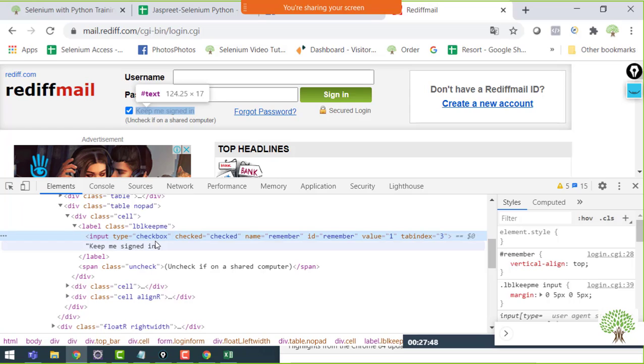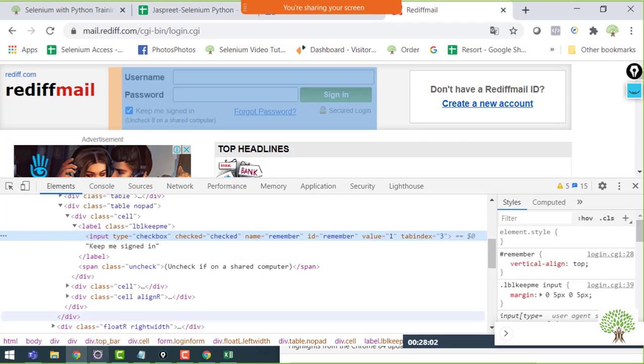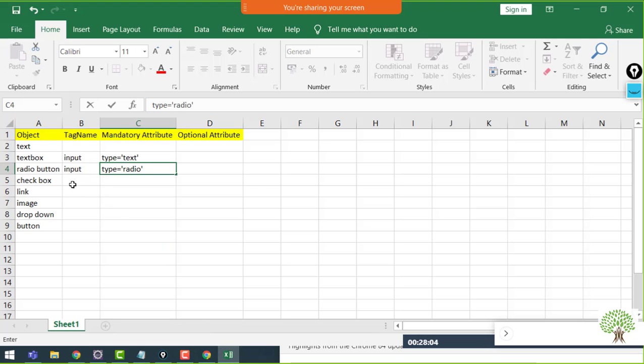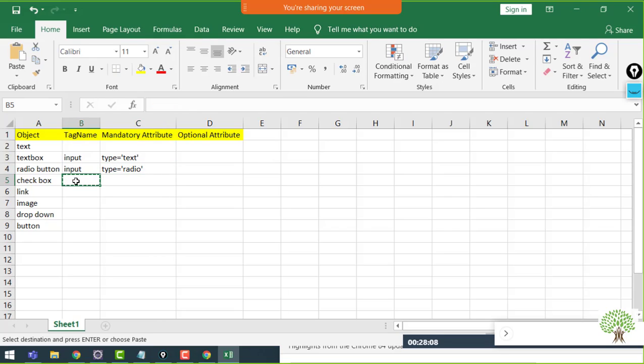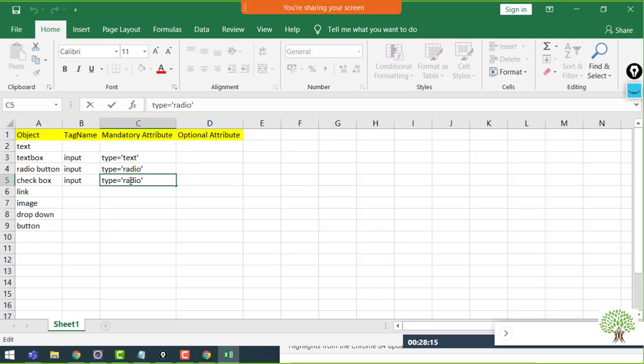So you are seeing that the type occurs with almost all the elements that we have seen. That's why we are considering it as the mandatory attribute. There are other attributes as well, which I'll come to later on. So for checkbox we have the tag name as input and the mandatory attribute as type checkbox.